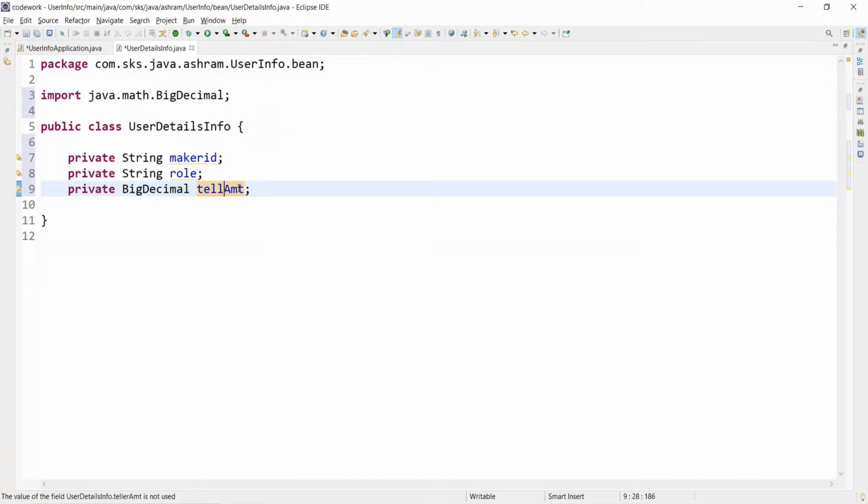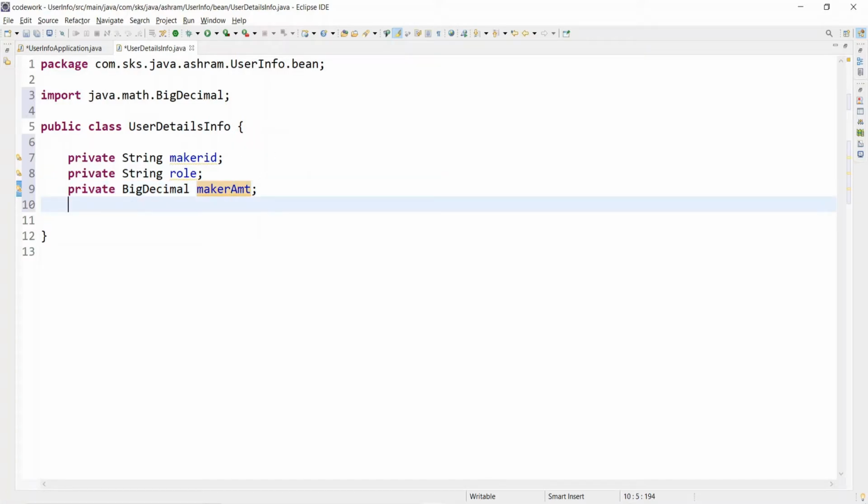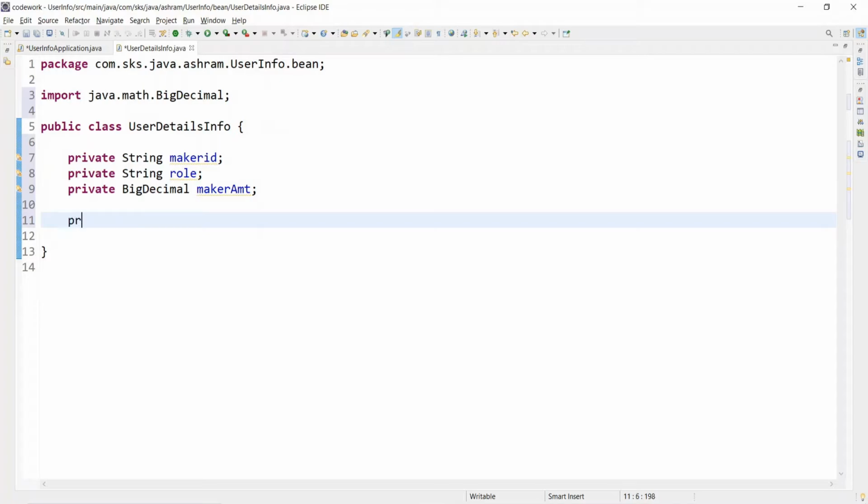I'm just giving a simple example of the maker which you find at the counter of any bank. So we are just giving the maker ID, its role, and the amount he currently has, to do the transaction. And thereafter, let's create one default constructor for that first.